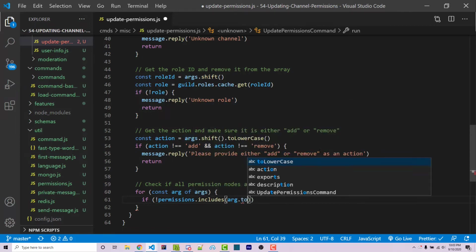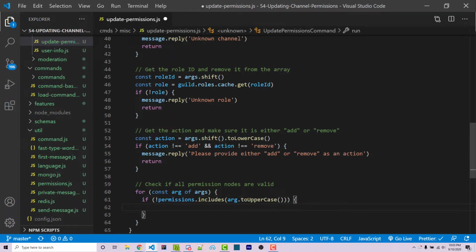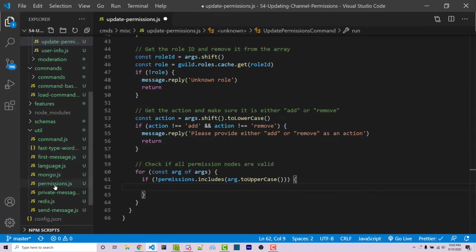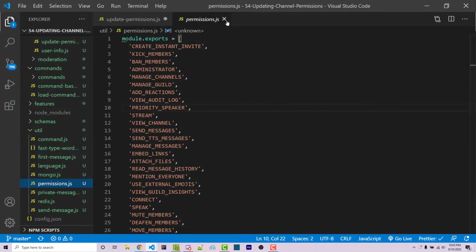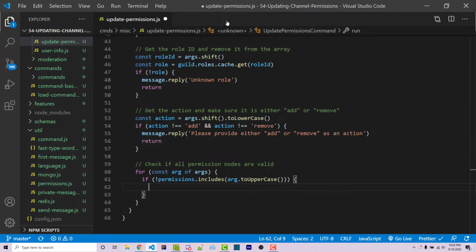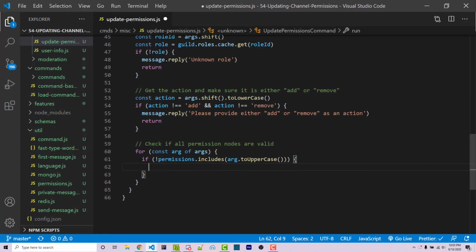.toUpperCase. The reason for toUpperCase here is because all of our permissions are in uppercase, as you can see right here. And so we want to convert the actual user input, which we can't control, into uppercase because that's what we have and we can control that. So we need to make sure that they are the same case sensitivity. So now at this point, this if statement is only true if the user typed in something that is not